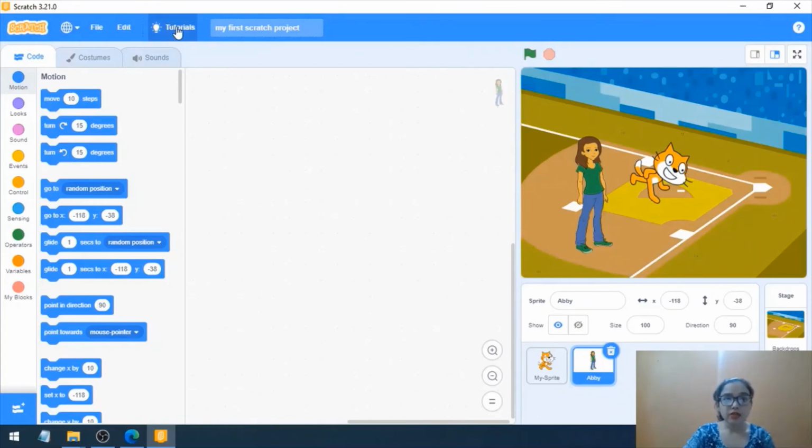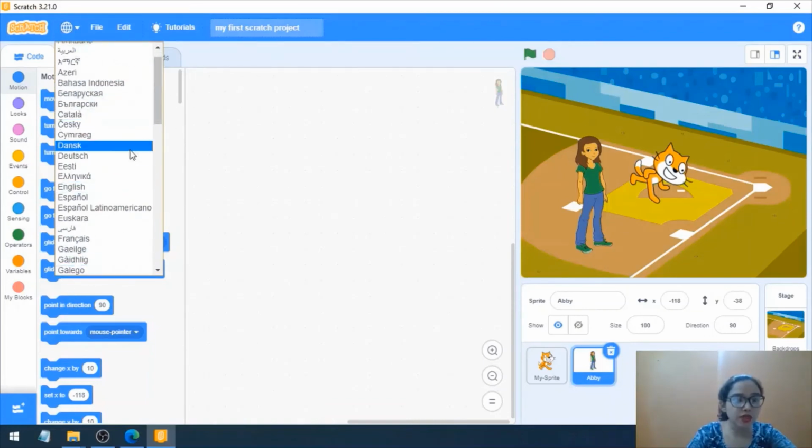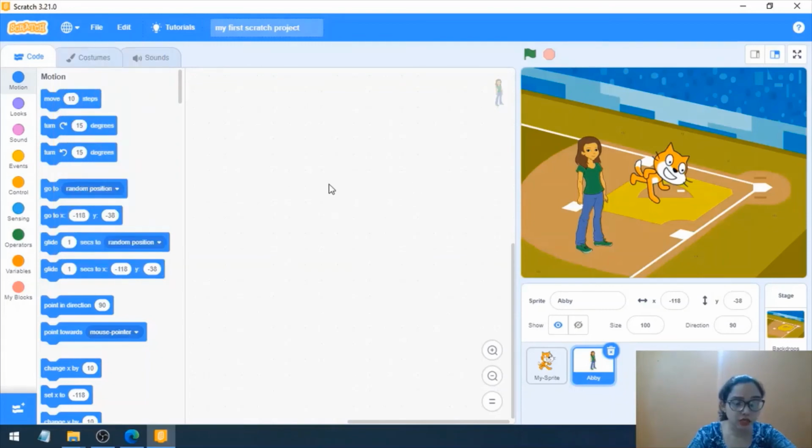And here you can see this globe button, and this drop down here is going to show you the different languages that can be used. These are the different languages which can be used, but right now I'm not going to change it because I want to use it in English only. I don't think that Hindi is available so far. Probably it will come in the next version. Let's hope for the best.